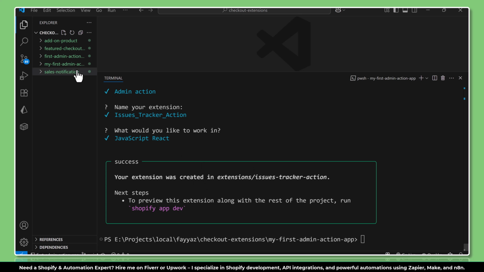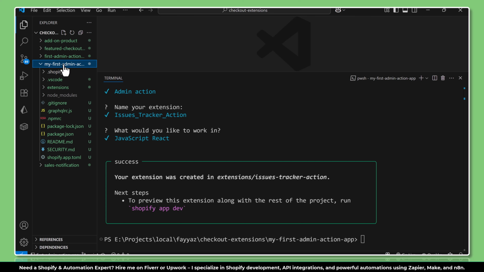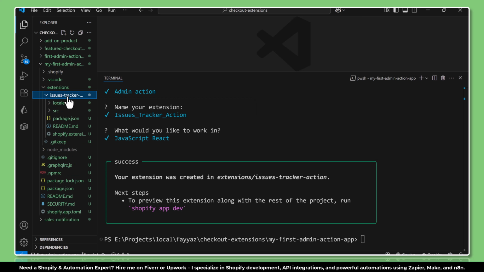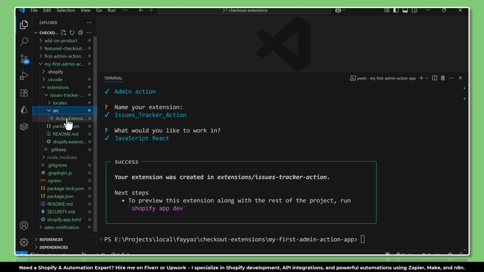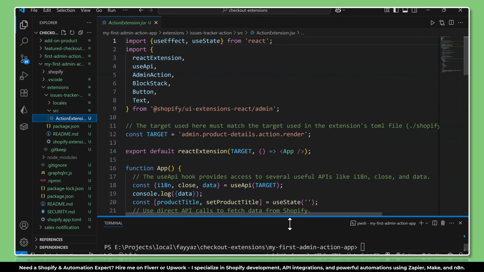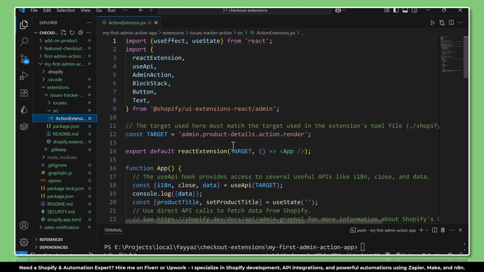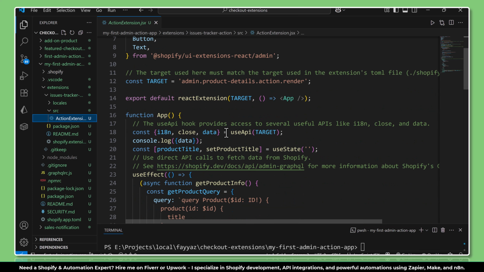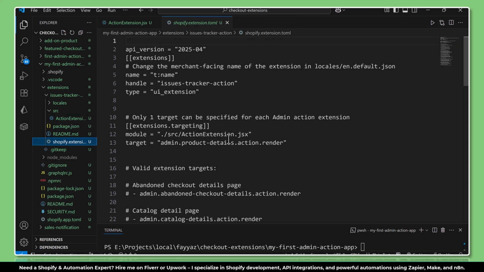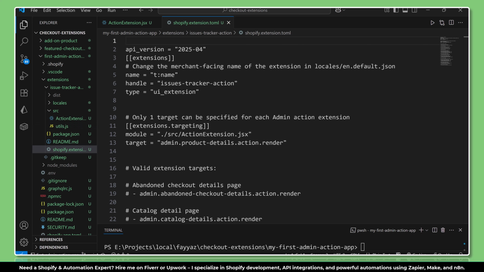What we can do, we will open this folder, my first admin action, and then go to the extensions folder and click on issues tracker and go to the source and open this file. Okay, this is our action extension.jsx file. Let me open this file as well, the shopify.extension.toml file. I'm going to replace this file with my code, so I will explain to you